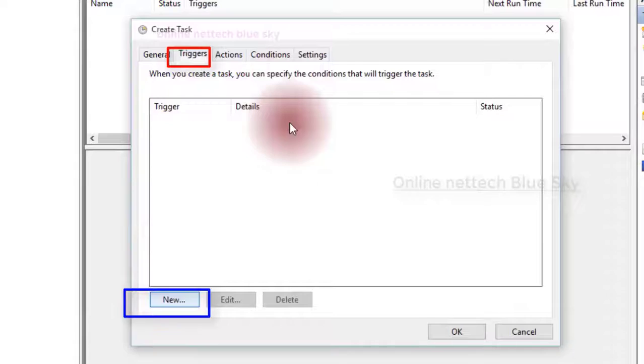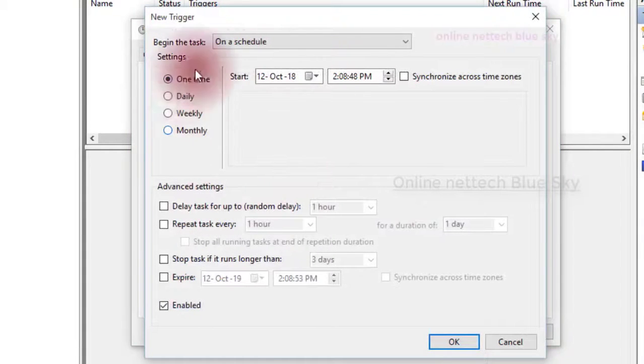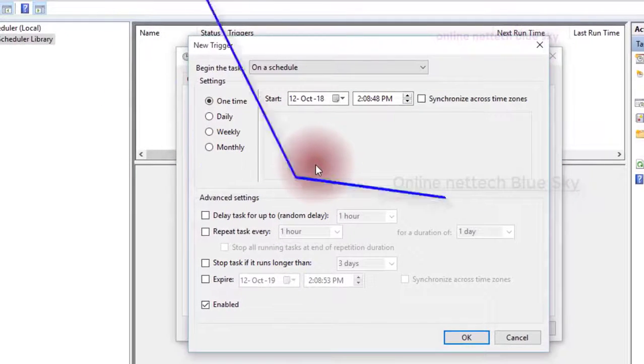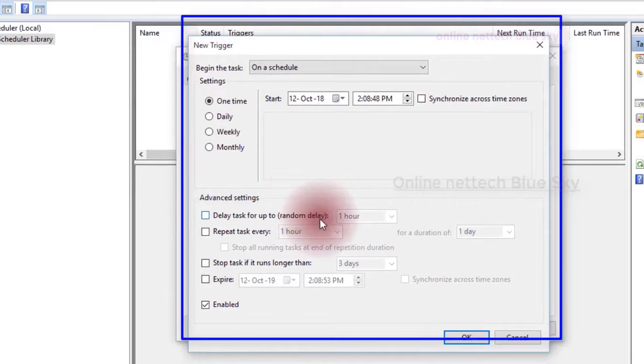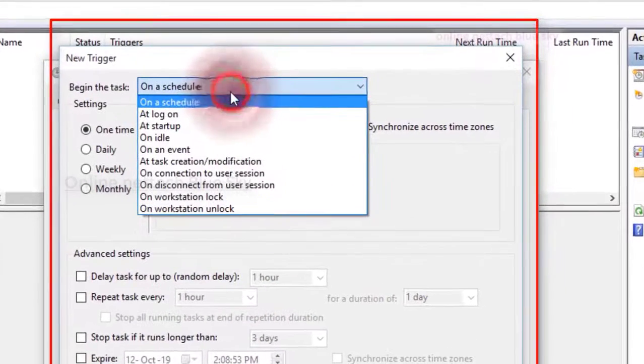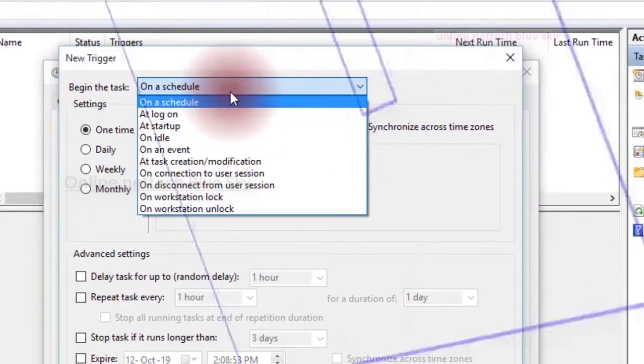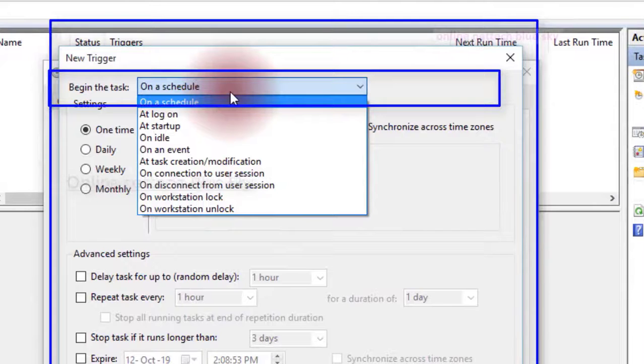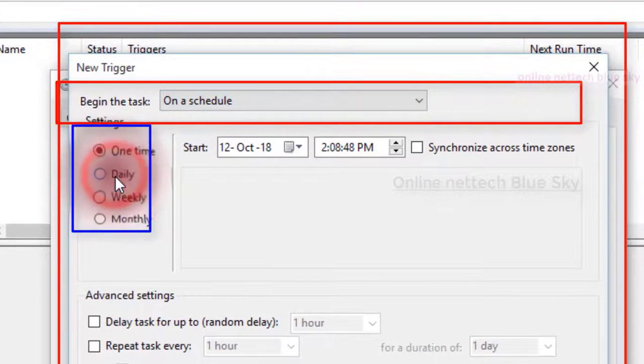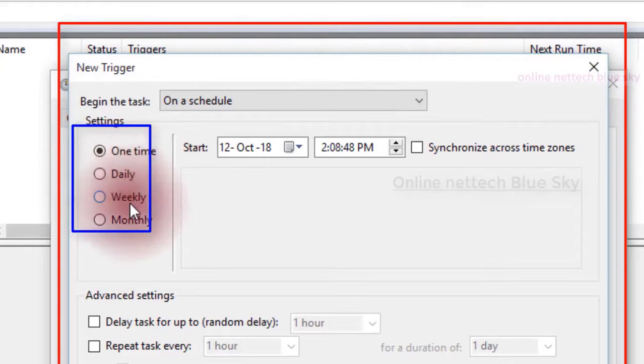This opens the timing duration window, which is very important to understand. First, you can see the timing duration here, and you can choose log on, startup, and idle. Login means when you log in, that's when your task can start. Daily, weekly, monthly: you select one time, meaning one day.